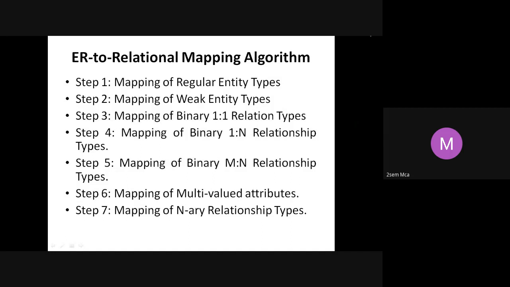That means if you have something more than a binary relationship, then how to convert. Here it is binary 1 to 1. This is also binary 1 to 1, 1 to n, binary m to n. These are all binary relationships that we are going to see. But what if I have something more than binary? If I have a ternary relationship, if I have a relationship where 4 entities are participating, then how do I convert it? So these are the steps that you will have to follow when you want to convert an ER diagram into a set of tables.